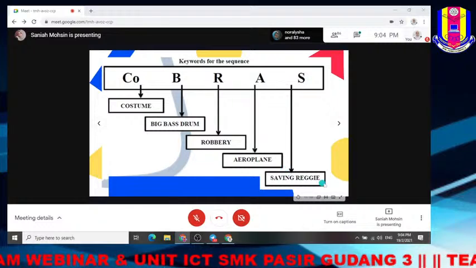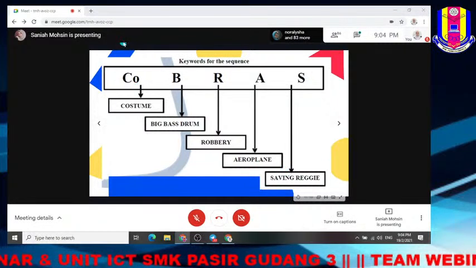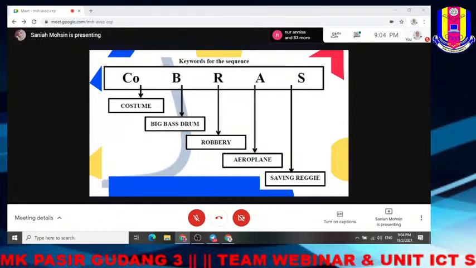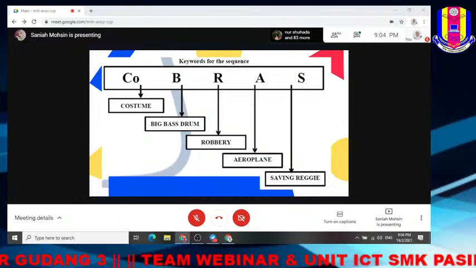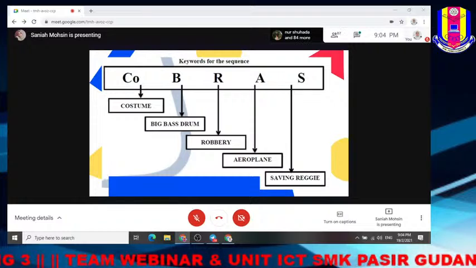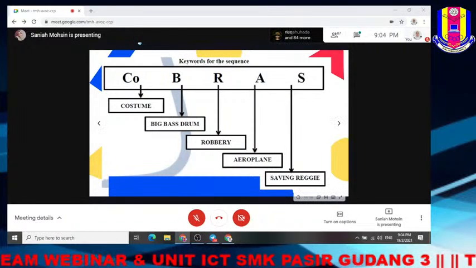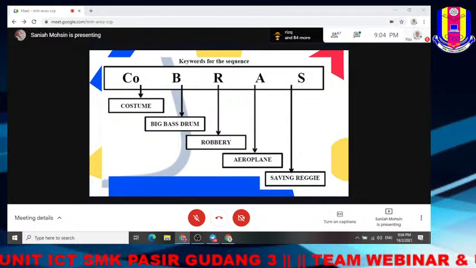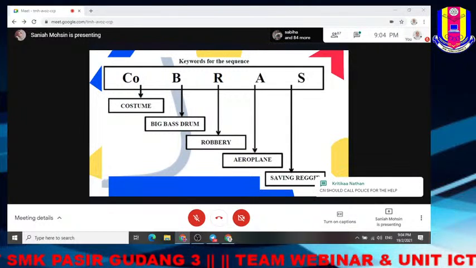Siapa yang lain-lain nak jawab tak? Cuba tukarkan, awak jadi pengarah cerita ni sekarang. Kalau saving Reggie Ratna tu apa yang you nak tukar dekat situ? Teacher, tukar lebih baik ke tukar lebih buruk? Anything. Okay, it's up to you. Maybe Reggie dies,